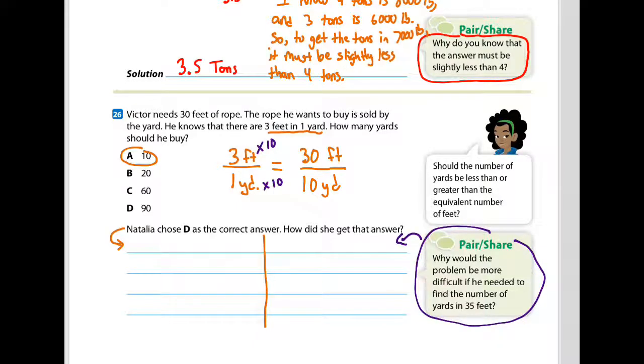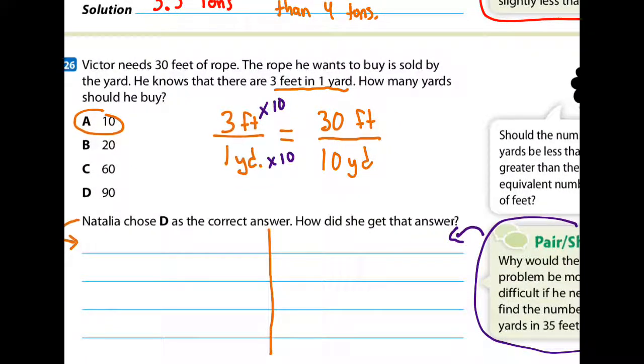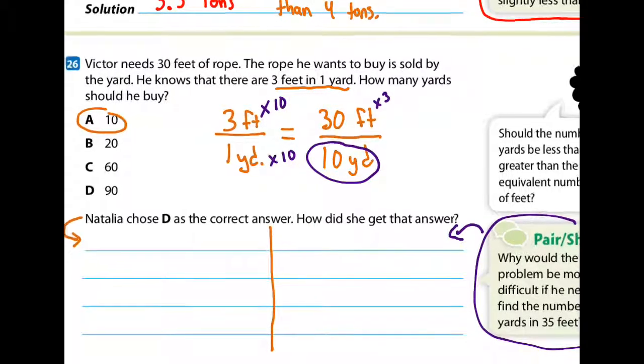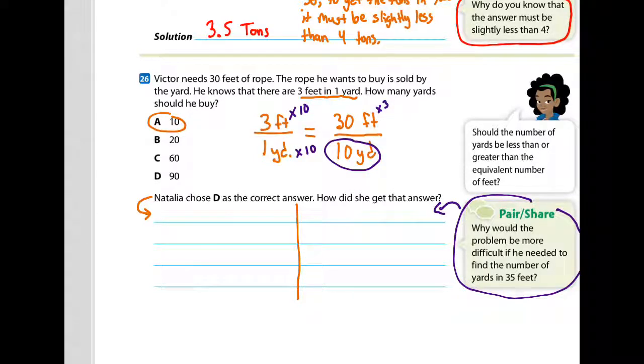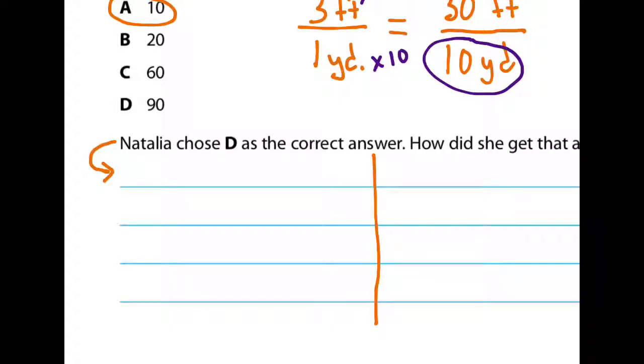Now, you might have something totally different from me, but here's kind of what I'm thinking. To get the answer, one way you could go from 30 feet to the answer of 10 yards is just to say, well, I know there's 3 feet in a yard. You would just do 30 divided by 3 and get 10, right? But what if you didn't know to divide by 3? What if you're like, okay, maybe you multiply by 3? What would that get you? That would get you 90. So that's what I'm thinking what Natalia did, but you don't have to think the same thing as me in this one. So I'm going to say Natalia